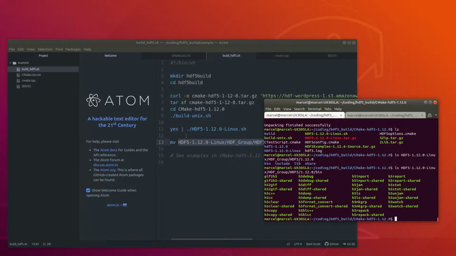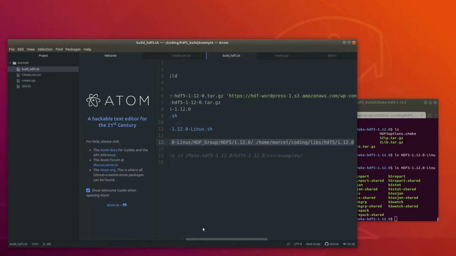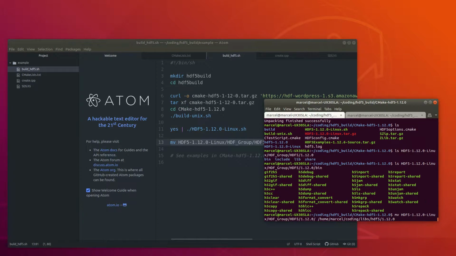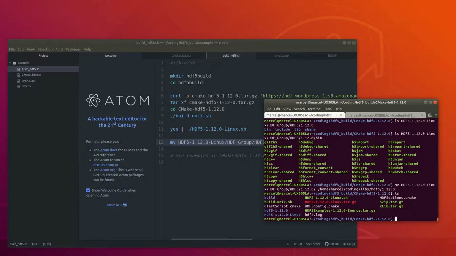So what's left is just to copy that to wherever you want to have your install location. So I'm going to put it somewhere on my system that I like. And then now that it's installed,